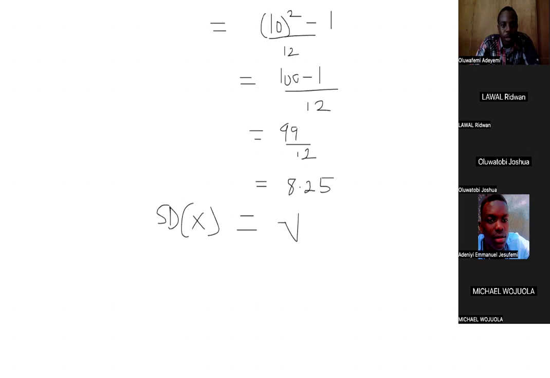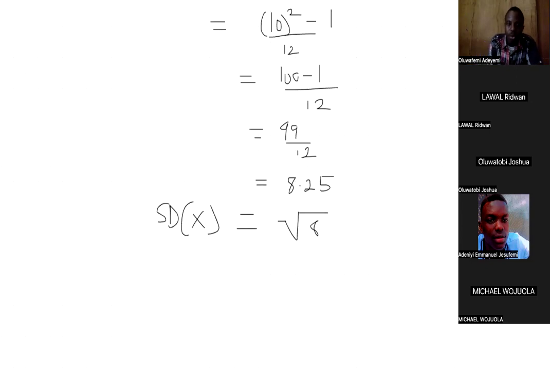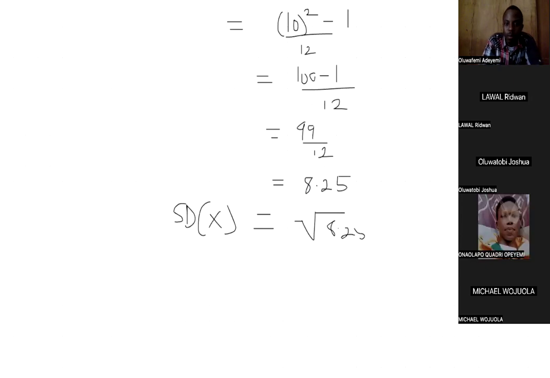So the standard deviation is the square root of 8.25. And that should give you 2.87. All right. So if you are asked to find the expected value of X squared,